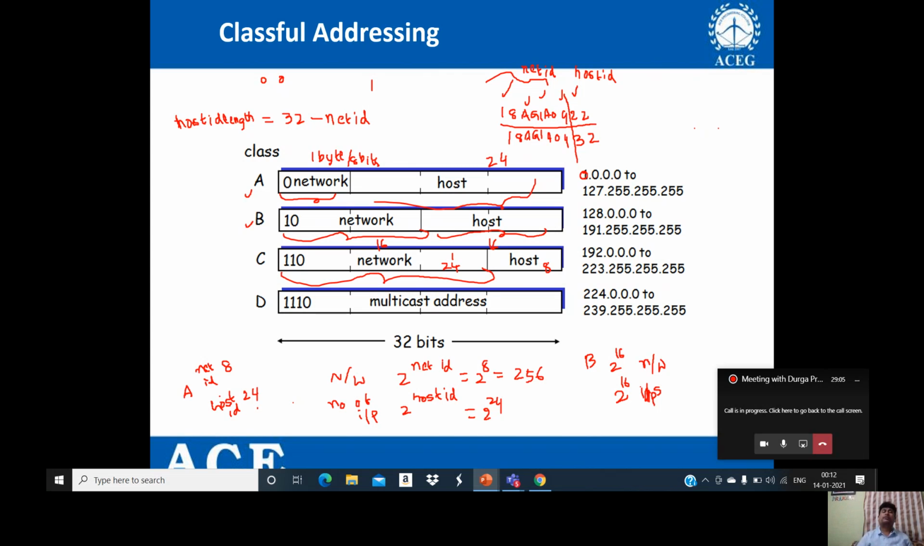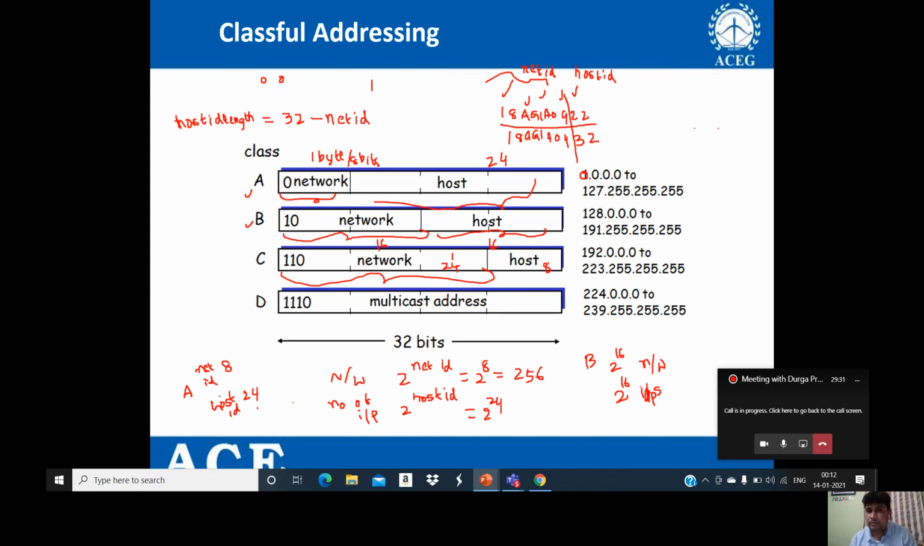So the total number of IPs in each network is 2 to the power of 8, which is equal to 256. So class C is a type of addressing in which we will have more networks, but each network will have only 256 IPs. The class D and class E, here class D is used for multicast addressing, where we try